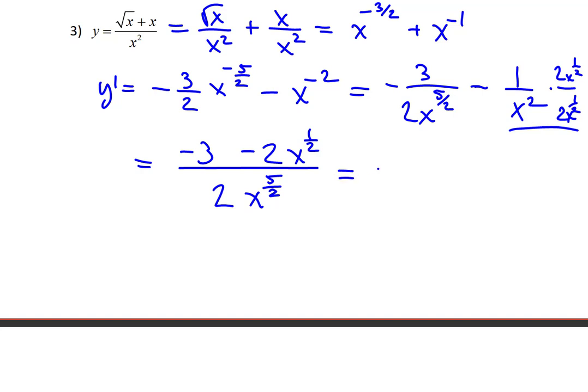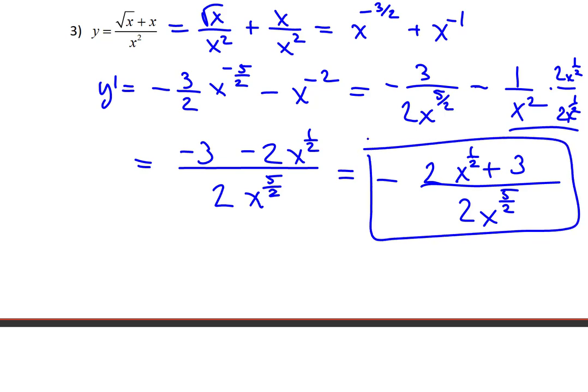So you could rewrite this one more time as, now notice in the numerator both terms are negative. You could even factor out a negative. There's a little variation here on how to write the answer, but you could say negative, and then I could make this 2 square root of x plus 3. So I'm factoring out the negative in front, and I'm turning the x into a square root. Or you could just leave it as x to the 1/2. Either way is okay, really. And then the denominator would be 2x to the 5/2. And so this is one valid form of the answer. Different textbooks or instructors may get a little more picky on converting the rational powers to roots, but